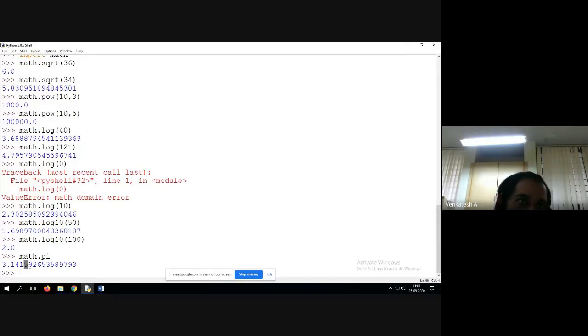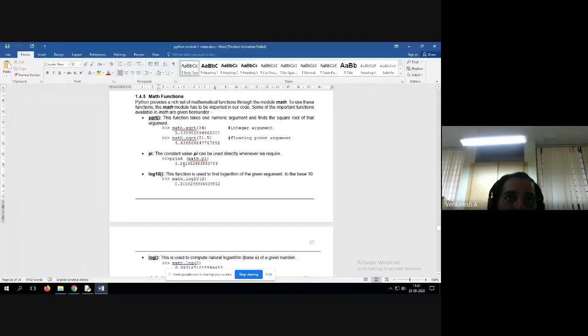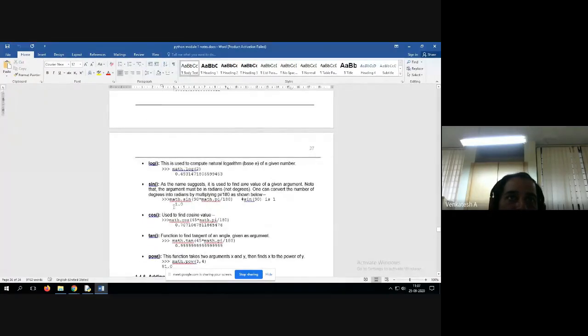So if the digit after 3 decimal places is 5 or greater, we consider it as 3.142. So usually we use 3.142 as the value of pi. Some examples I have also given in the notes.